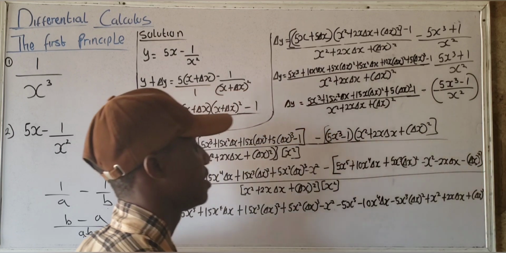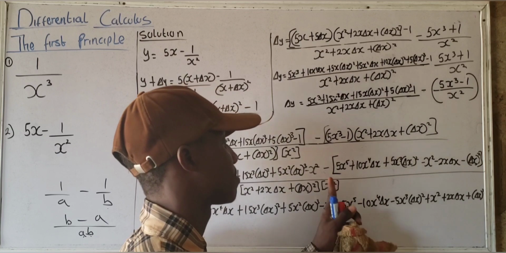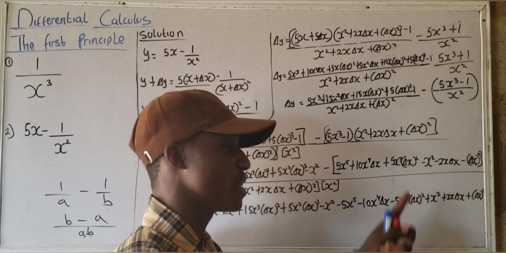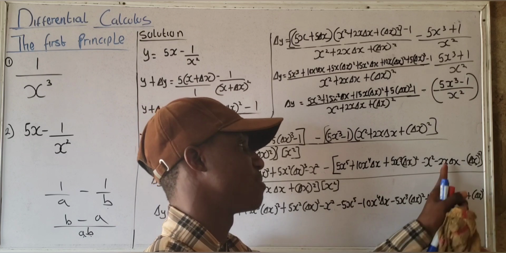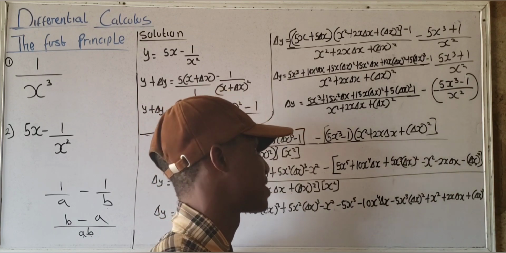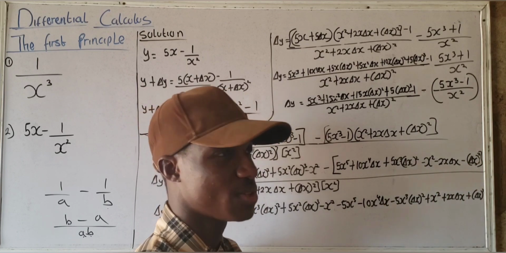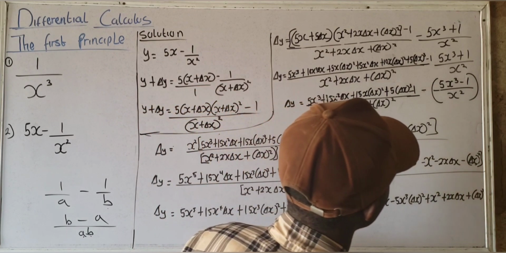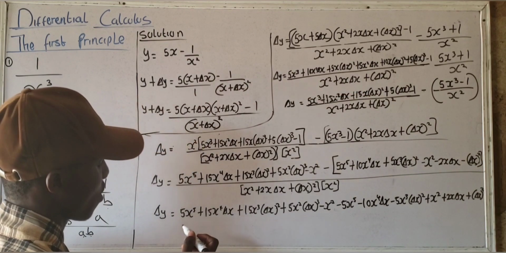Do you know what I did? I used this negative sign to open all the brackets. And if you multiply negative sign by negative x squared, you're going to have positive x squared. Negative 1 times negative 2x delta x, I'm going to have positive 2x delta x. Negative 1 times negative 2 delta x squared, I'm going to have positive delta x squared. Okay, delta x squared. Now, this all over